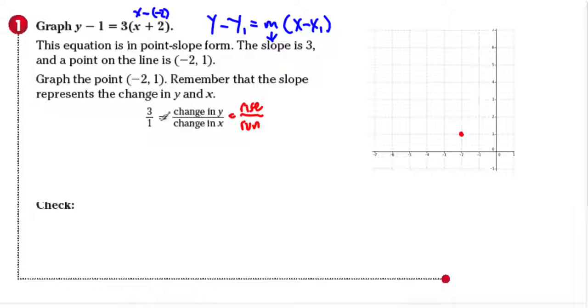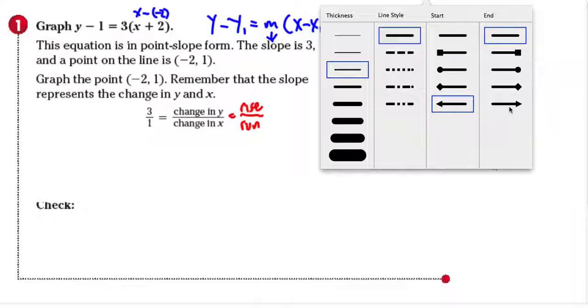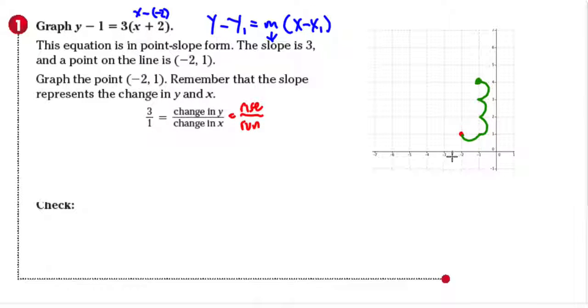So if the slope is 3 over 1 and our run is 1, that means we start from the point that we plotted, negative 2, 1, and we run 1 time to the right, because the run is 1, and from there we rise 3 times up, 1, 2, 3, and put a point there. And now you can connect those 2 points. Okay, there you go. Extend that one, and that is now